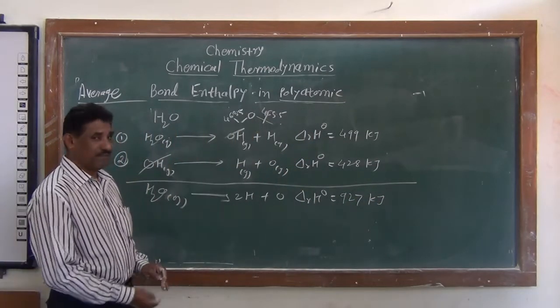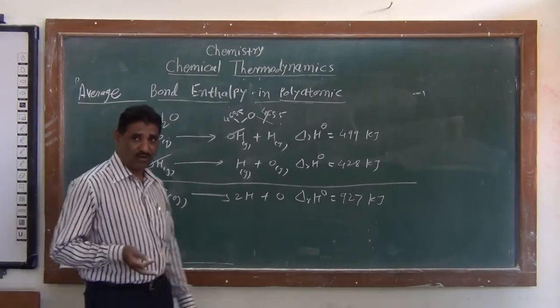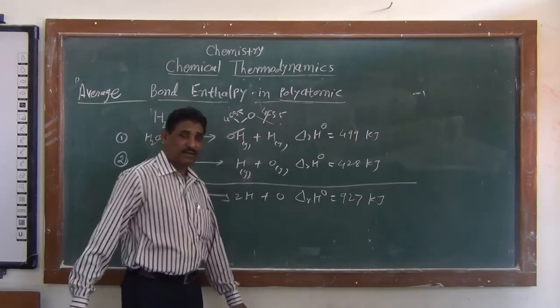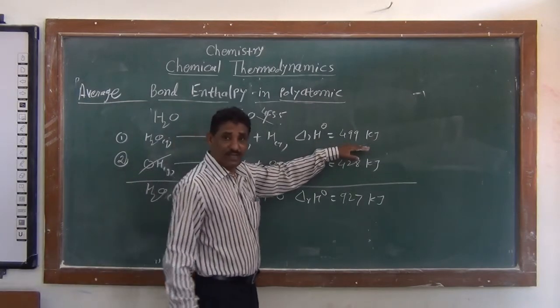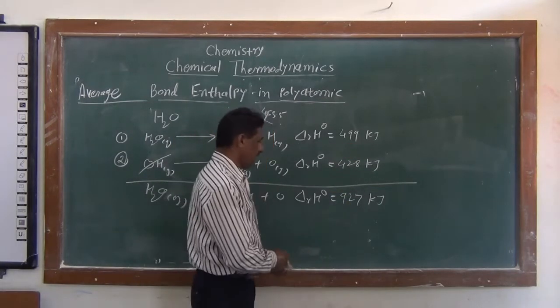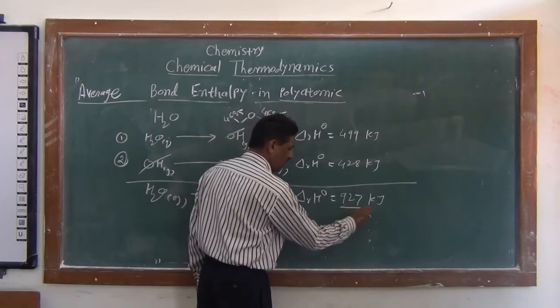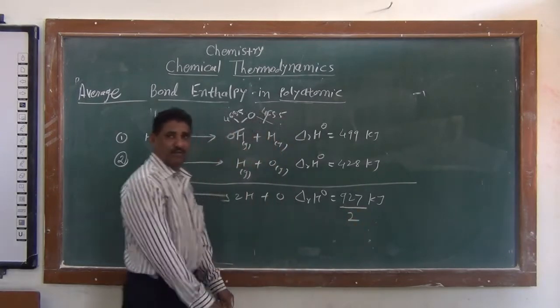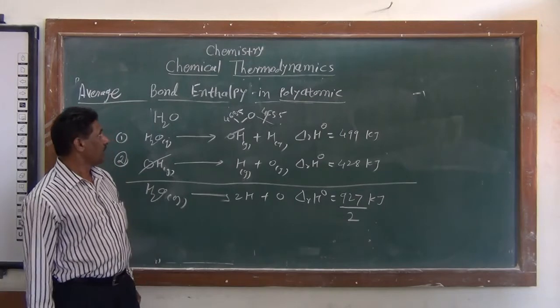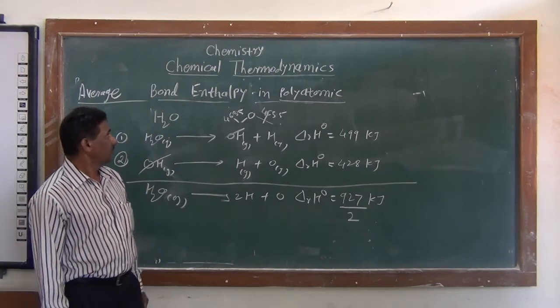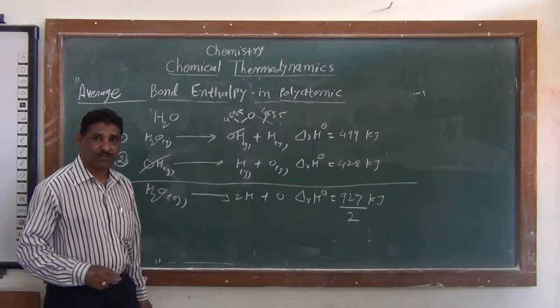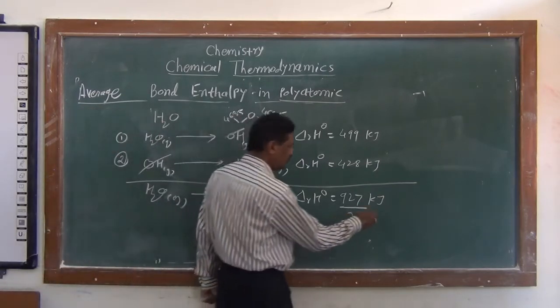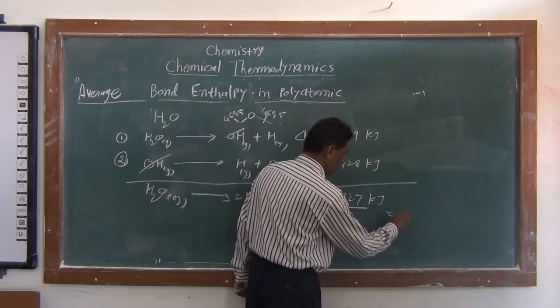And here the energy for each OH bond is different, but not double of this value or this. And here the average bond energy, the average bond enthalpy of a water molecule, is equal to